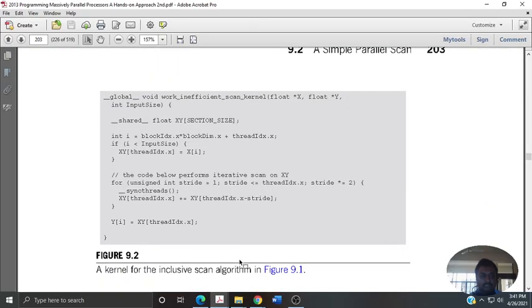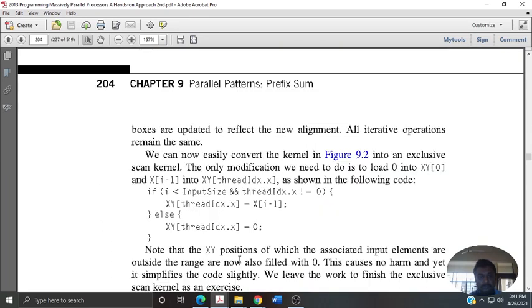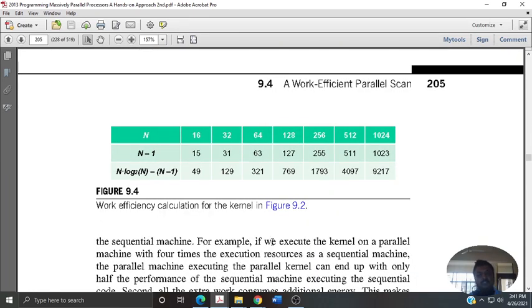this is a code, he just writes it. So I ask you to refer to the textbook codes, and this is what is happening. Say initially the number of elements is 16 or 32, the number of elements in a given input. If you go for reduction in a sequential manner, n minus 1 additions, say 15 additions, happen.